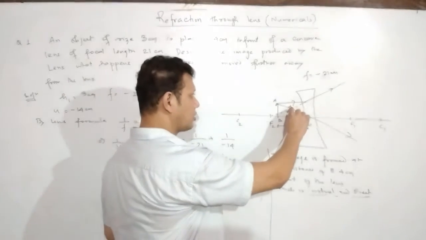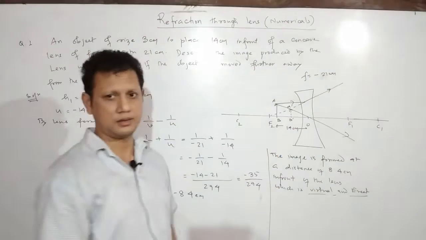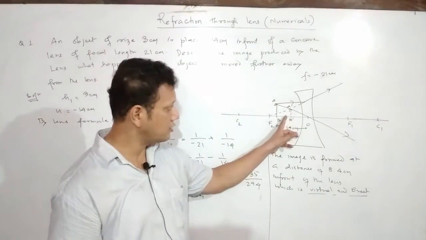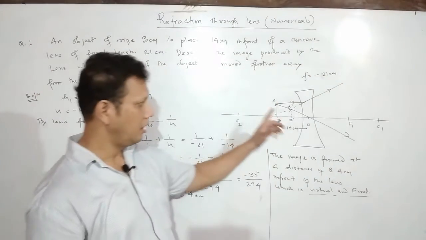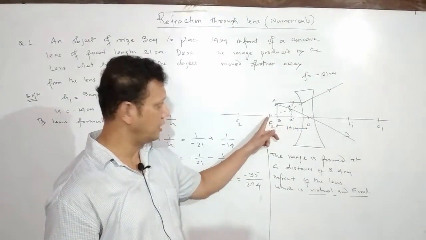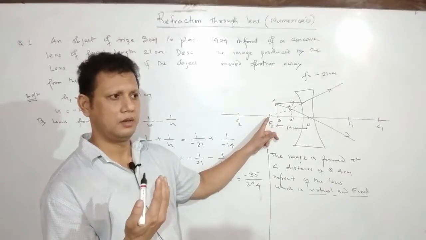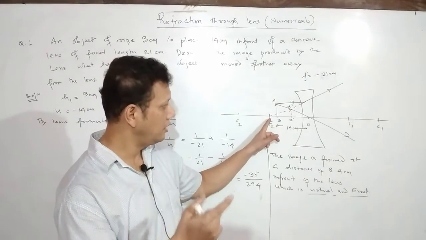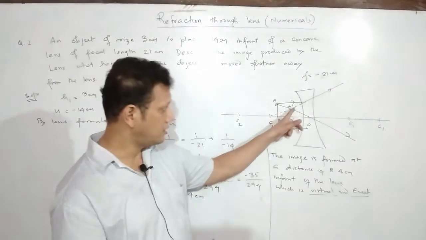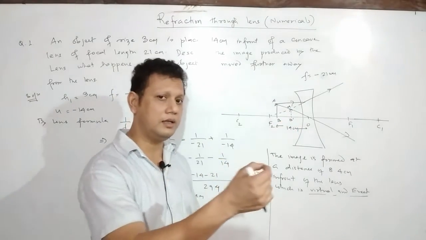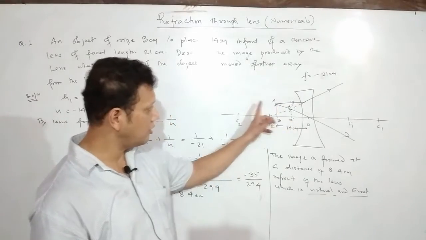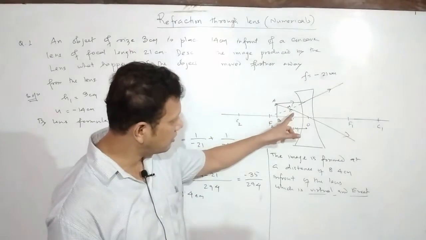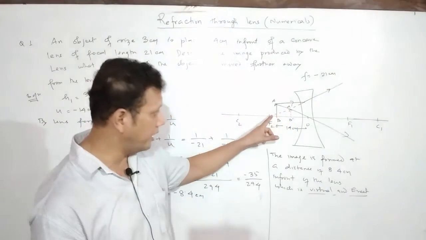the image also shifts towards the focus. The image keeps coming closer to the focus as I keep moving the object away. That is the first thing. Second thing is, as it is moved further, the size of the image is gradually diminishing. That means as the object goes farther, the size of the image keeps getting smaller, and at the particular point